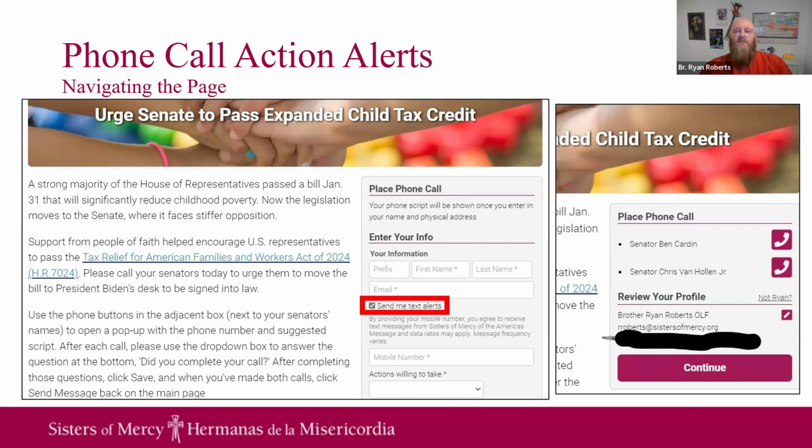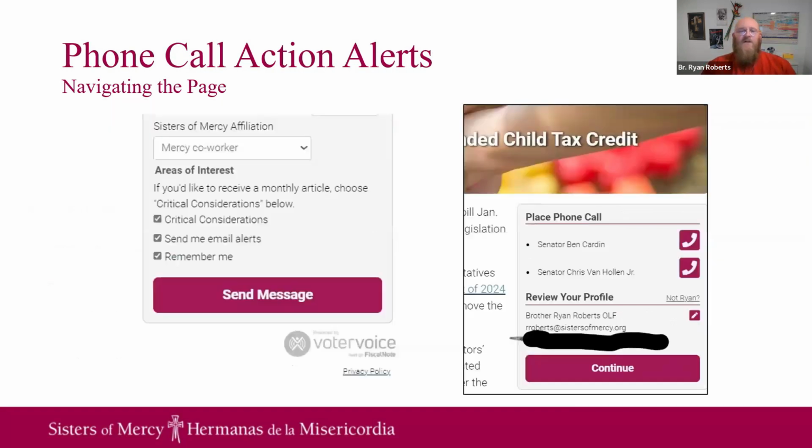Once you reach this screen, I'll move on to the next slide here. If the cookies don't recognize you, you'll fill out your information in the form down the left side picture here. If you are recognized by the browser, again, you'll see on the right that it knows who you are and who your recipients should be. In this case, this was a phone call alert that we did last week that was going to senators. And so these are my senators here in Maryland.